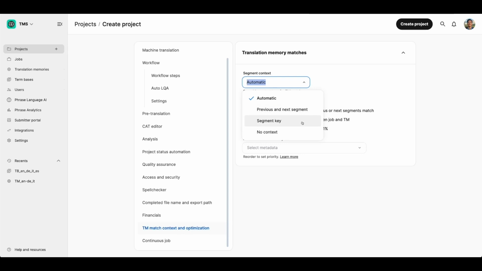There are some cases where you want to use the key. I don't know if you're familiar with JSON files, for example. JSON files always have a key holding a value, just like in a dictionary where you have a word and the definition. The word would be the key and the definition would be the value. So in those cases, instead of relying on the previous and next segment, which might not be too relevant, you want instead to compute the 101% match looking at the key. So if you are translating a source segment that has an identical occurrence in the translation memory, and both of them have the same key, then you are going to get a 101% match. Right, so